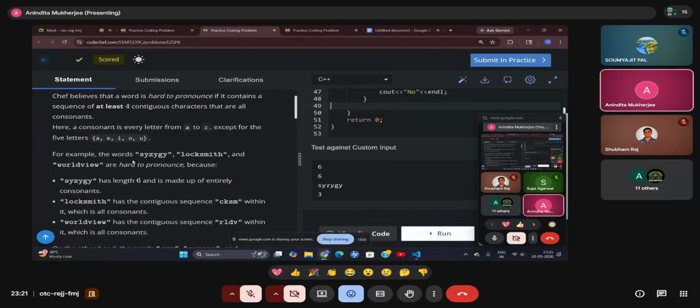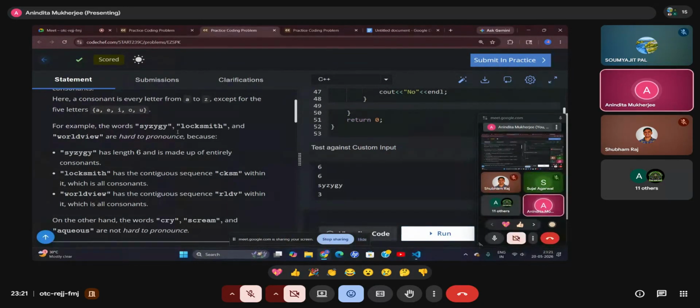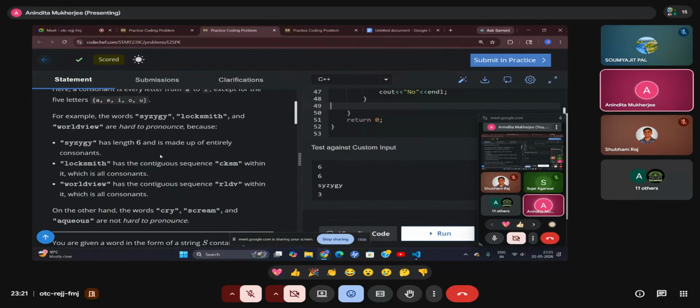Okay, so let me analyze these test cases. They have explained the test cases very well in the question actually. The question is very much self-explanatory here. So let me take this example. S, Y, Z, Y, G, Y. Okay. See, S is a consonant, right? Y is also a consonant. We know all these are vowels, A, E, I, O, U. Other than these, all are consonants. S is a consonant, and